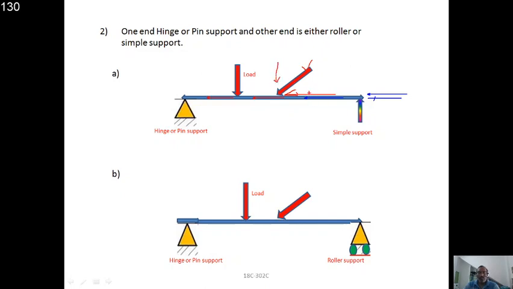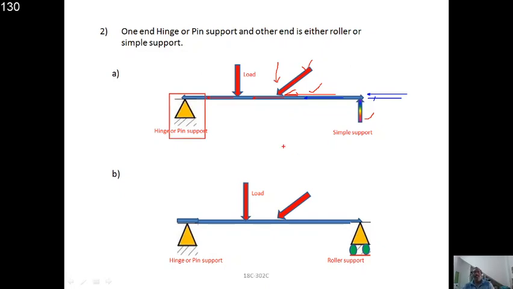Therefore, whenever an inclined load is there, you should show that there is a hinged support or fixed support to resist that horizontal component. So in the problem, if they have not mentioned any inclined loads, then you can take simple supports like these. If the problem gives inclined loads or any horizontal or parallel loads, then you should consider it as a hinged support, right?